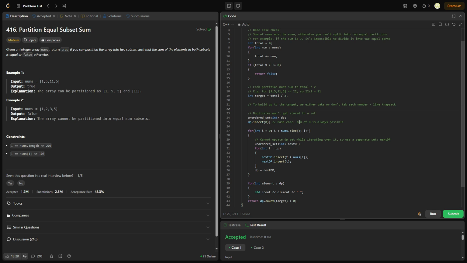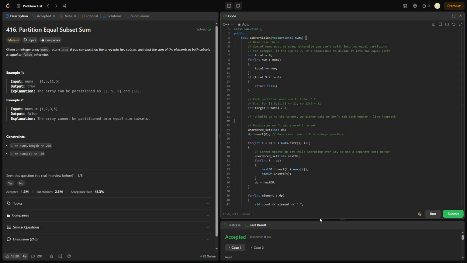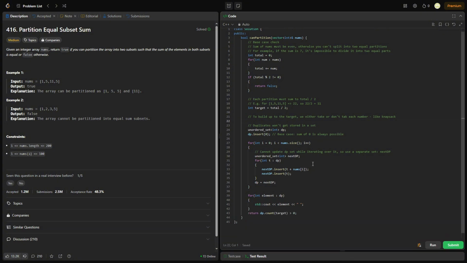Okay, so now I'm going to explain first, and then I'm going to show you the one-dimensional DP approach and how we're going to do this. By the way, I need to mention this solution is from NeetCode, so I am giving credit to him, right? I didn't come up with this, but